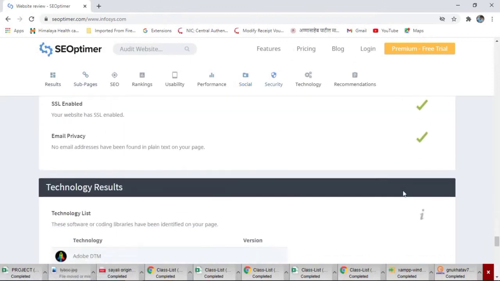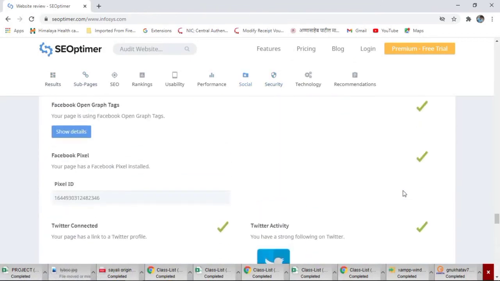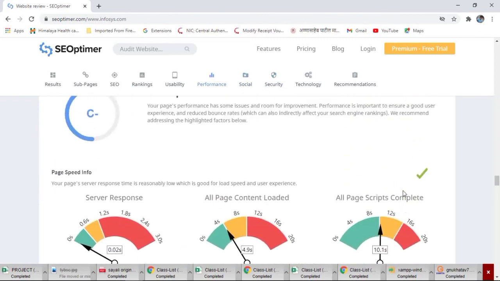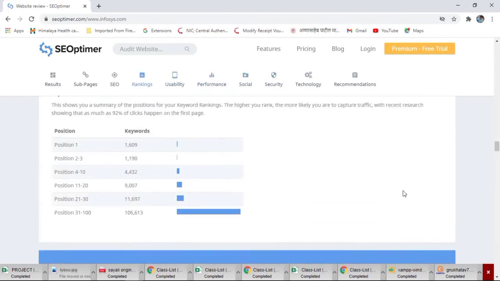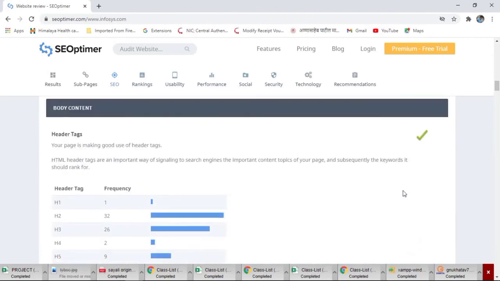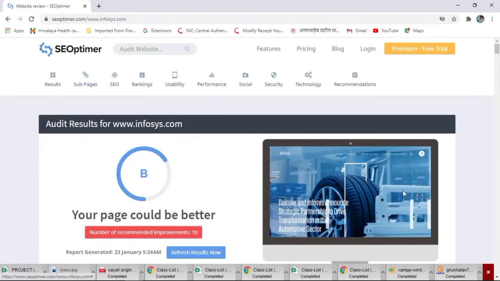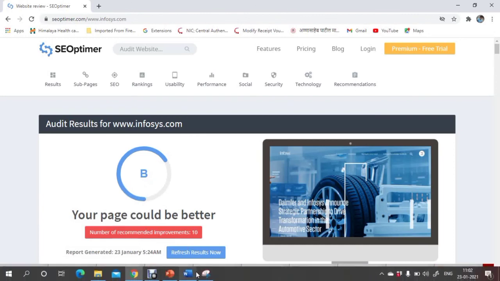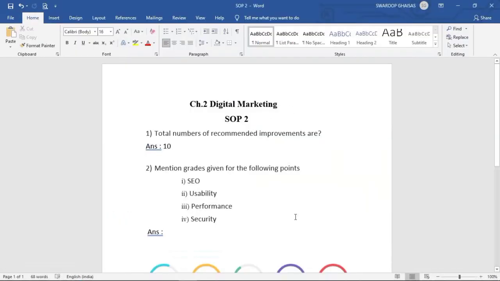This is the whole report. You can take a printout of this whole report as well. So perform this practical number two and create such a Word file as a report of it. Thank you.